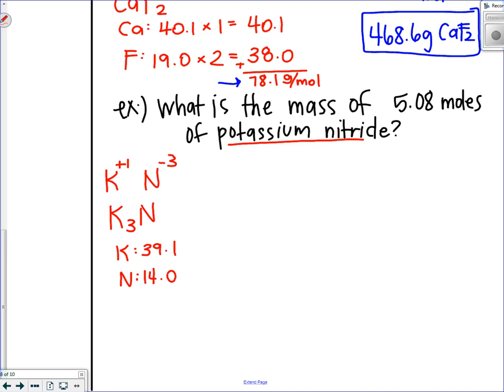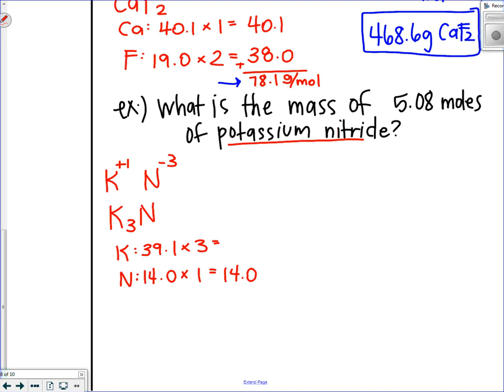So if you can see in the chemical formula, we have K3, so we need to multiply that K value, the potassium mass, by 3, and then N. Since there's no subscript, again, that means that we only have one of them, so we just need to multiply the nitrogen by 1. So I can do the nitrogen one in my head. 14.0 times 1 is just 14.0, but then plugging in the potassium,